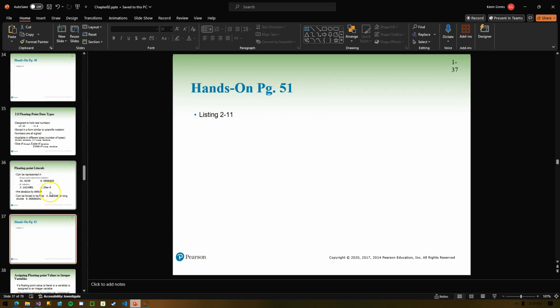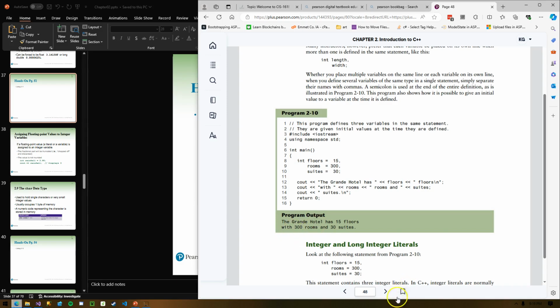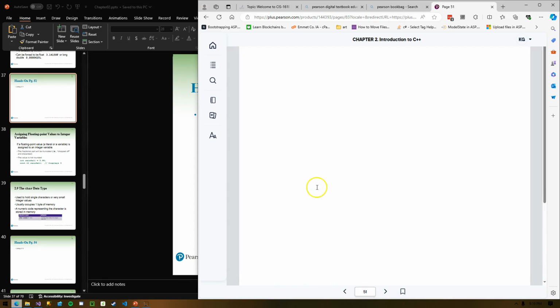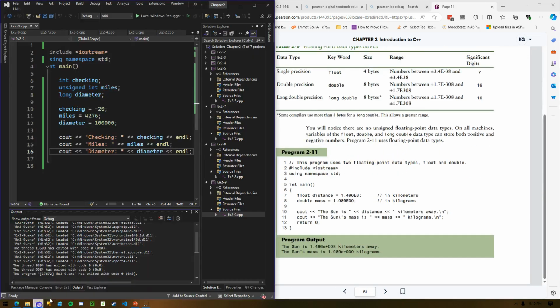Let's check out this example. Page 51. Cruising right along here. Yeah, let's do this. 2-11.